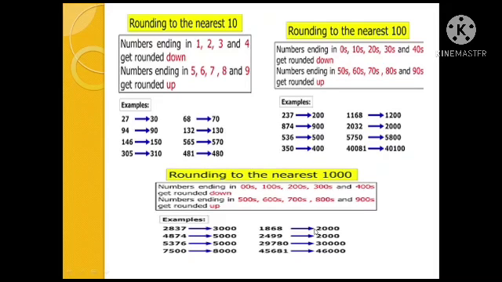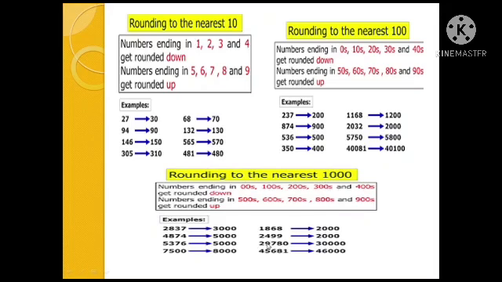Even 2499: even with 499, see the place of 100, it is 4. When it is 4, we have to round it down, so the answer is 2000. Here, even though it is 29,000, we have to see the place value of 100 only. See the 100: 780. So 700 crossed 500, so the 29 rounds up. Next number